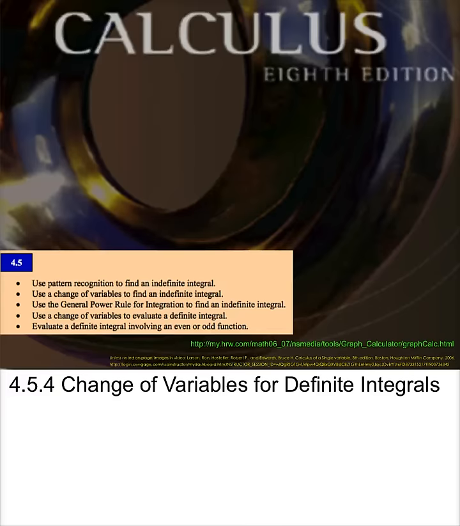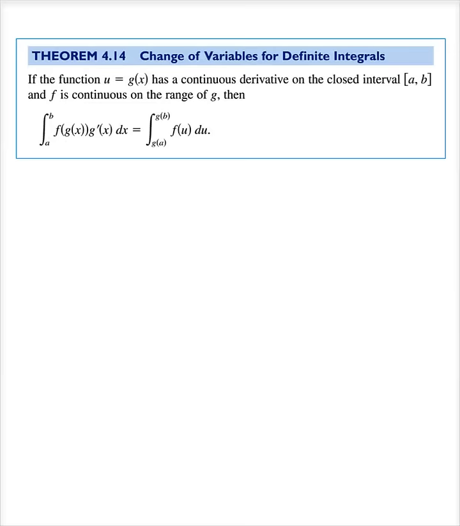Now let's look at what happens when we need to change variables with a definite integral. Everything is the exact same, except you need to change your upper and lower limits. Because remember, the upper and lower limits have to do with the function that you're integrating. So to find g at a, after you identify g of x equals whatever that is, you're going to come